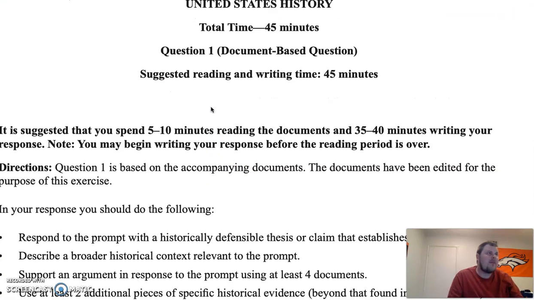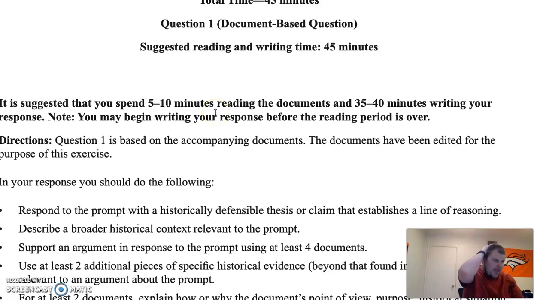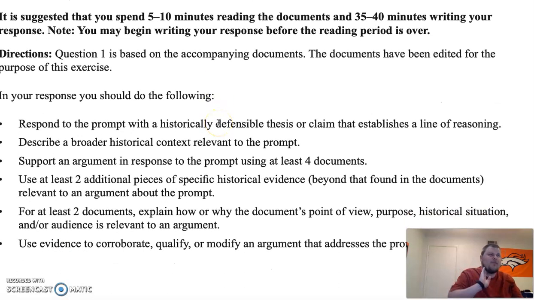So if I actually go to the top of this, the first page is what we're going to expect to see on the AP exam, which is our basic reminder of time and all the stuff like that. Again, this is what you've seen before with DBQs from previous years, where you see the actual rubric outlined for you. This works and this is fine, but at the same time, I might suggest one of the ones I've made or one of the ones I posted from some of our other AP sources that might be a little more helpful for you in spelling things out more clearly